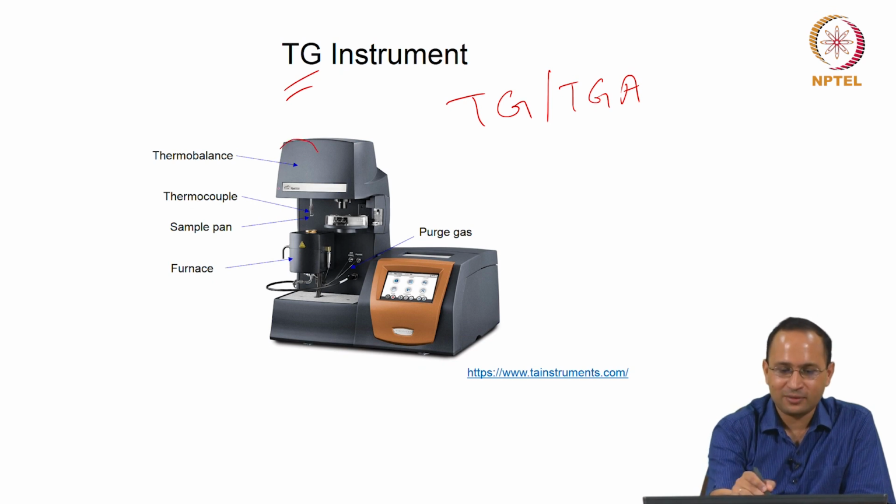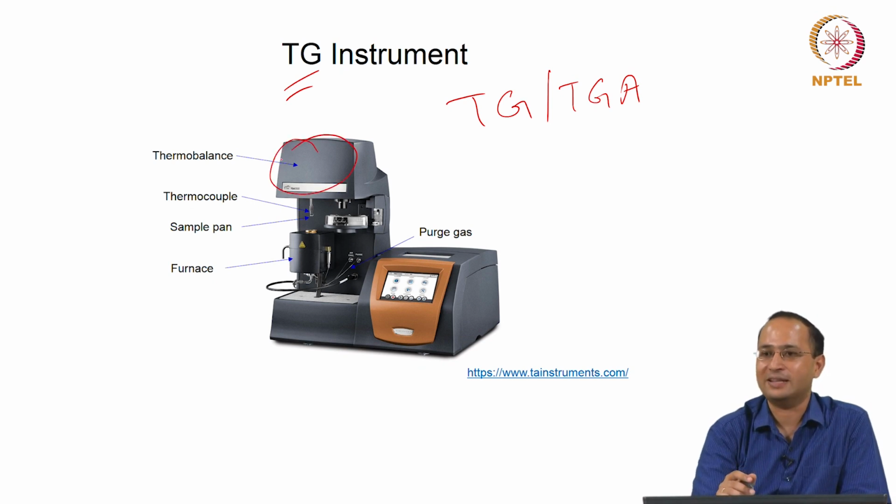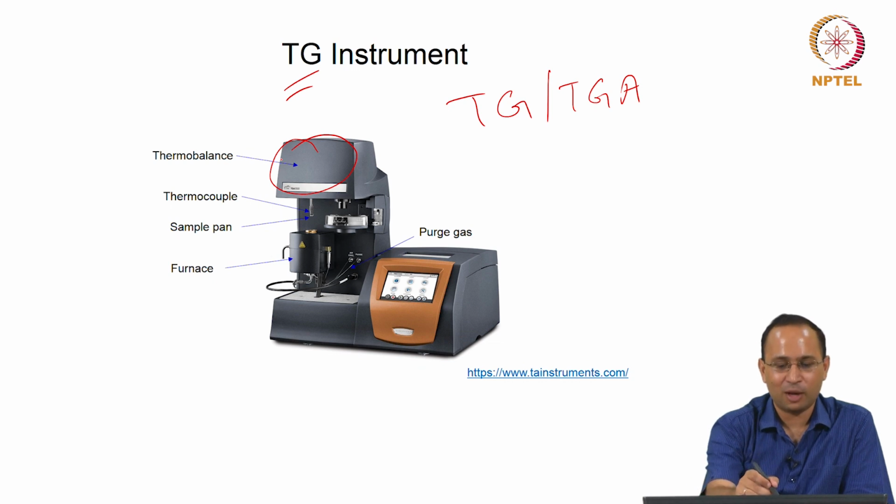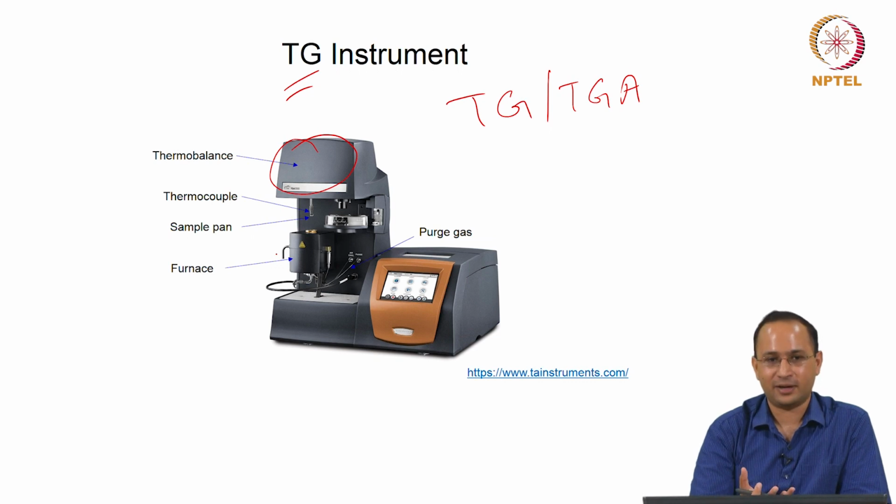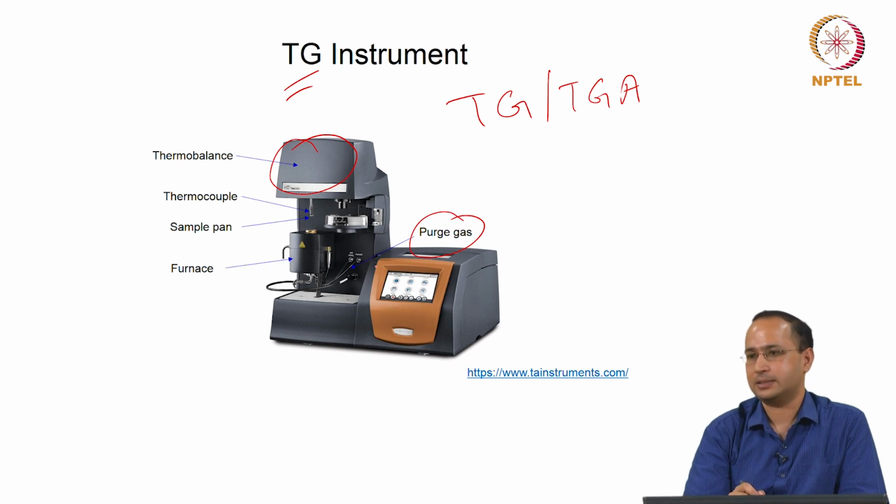You see you have a big component here, the thermobalance. You want to make sure that you are able to measure the small weight change, right. So the thermobalance is here, you have a thermocouple, sample pan and also a furnace. Now you are heating the sample in a controlled environment, right. So there is a furnace and you can purge it depending on the use. You can use nitrogen, you can use other gases. For cement we use nitrogen because we do not want it to react with the atmosphere. So there is a way to change the purge gas.